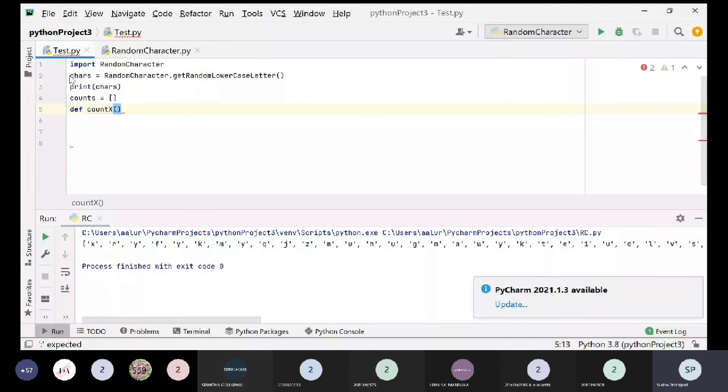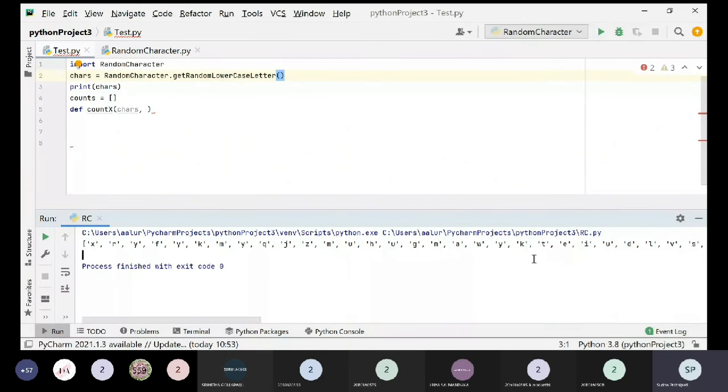So for that, I need to pass chars into it, because it has to count the occurrences in chars. Just look into the output box over here. In the output box, you have got these characters, right? So I have X, R, Y. Are you able to see this, everyone?